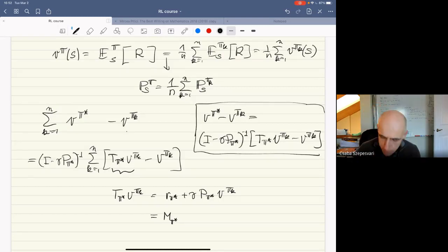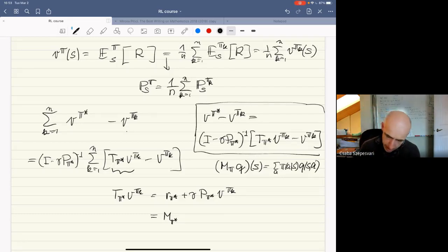So this M pi of q, so q is an action value function. This maps into value functions, state functions, and this is just equal to, well, if the policy is stochastic, that's the general case, stochastic memoryless policy, and this was just this. Okay,